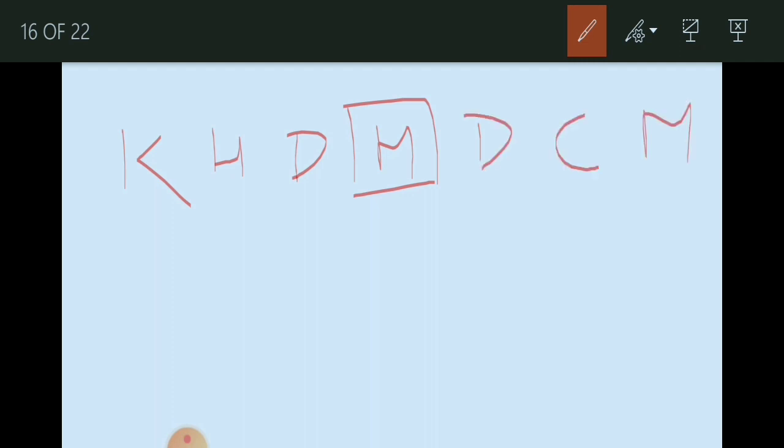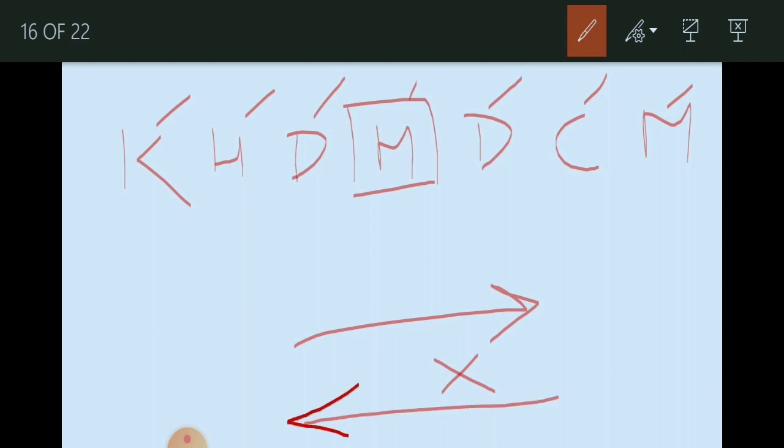This one is kilometer, this one is hectometer, this one is decameter, this one is meter, this one is decimeter, this one is centimeter, and this one is millimeter. If we go from left to right, we have to multiply, and if we go in the opposite direction, from right to left, then we generally divide. Suppose we are going from meter to centimeter. Here we write 1, and from meter to centimeter we have to put 0 there. Just see how many 0 we are putting: 2 zeros.